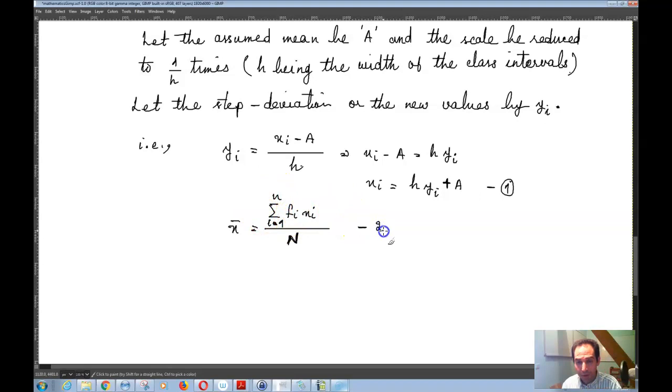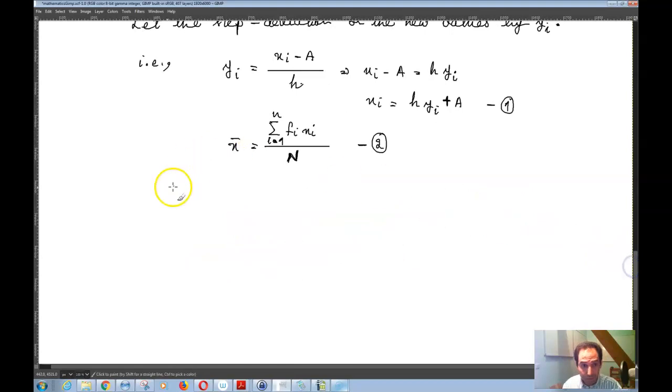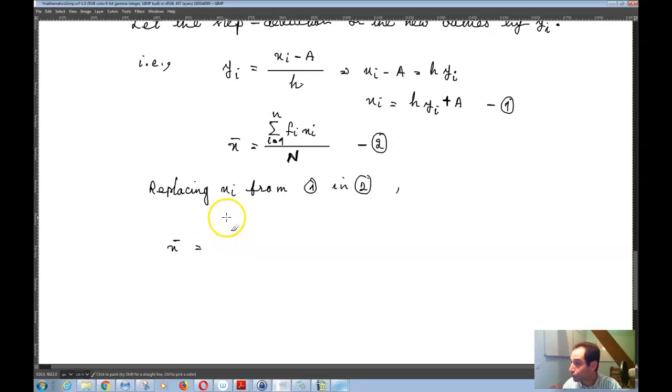So that is basically number 2. Now if you replace x sub i from 1 in 2, what you will get is basically x bar is equal to